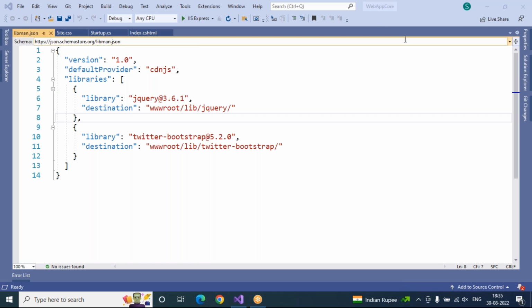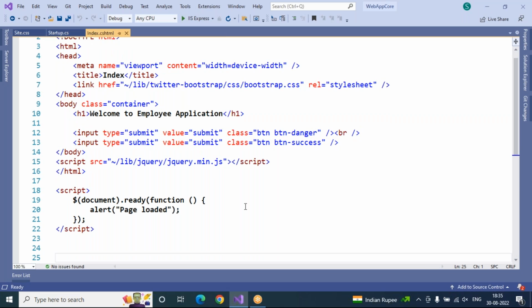Right, let's start today's session. In the last session, we discussed how to work with the library manager and how to install jQuery and JavaScript libraries into your ASP.NET Core application. Okay. Now in today's session, I'm going to discuss